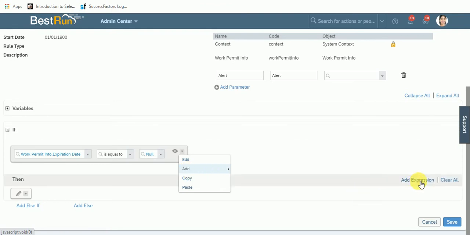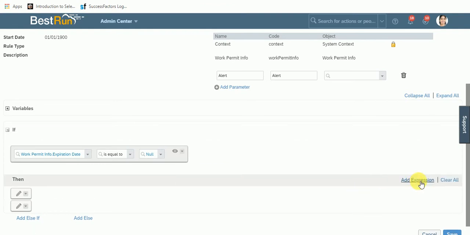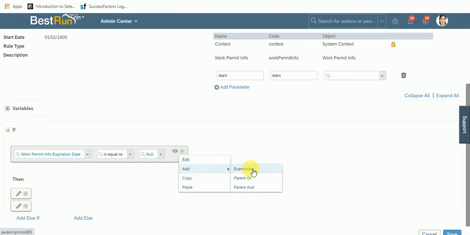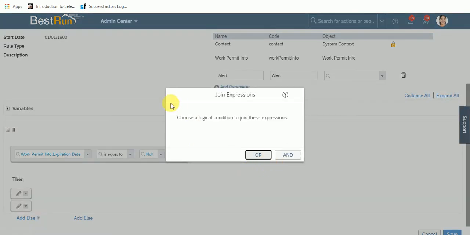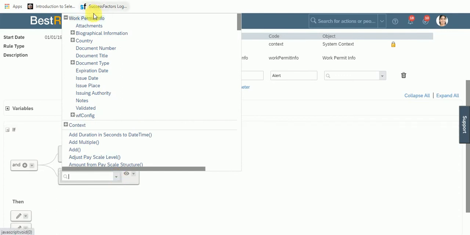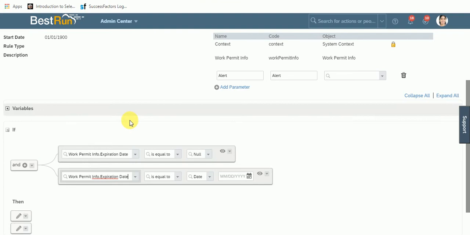Add expression. We have to choose a logical condition like and or. Okay, so we'll take it as and. Work permit info model expiry date is equal to